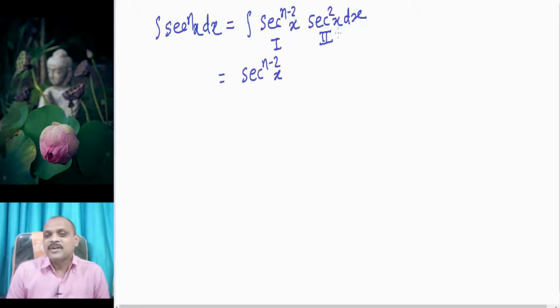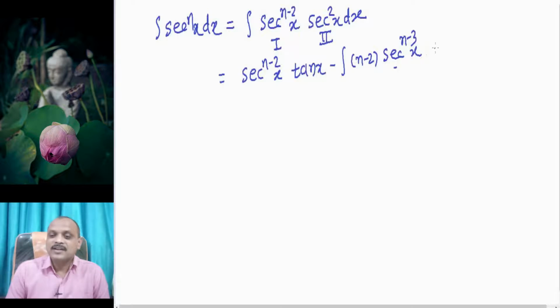Since derivative of tan is sec square, integration of sec square is tan x. Therefore tan x minus integration of derivative of the first, n minus 2 into sec raised to n minus 3 x into derivative of sec x, that is sec x tan x, into integration of second, tan x into dx,